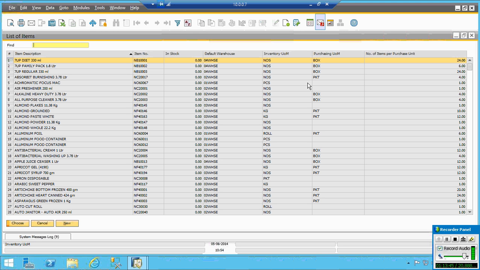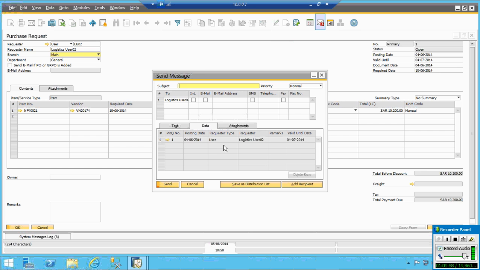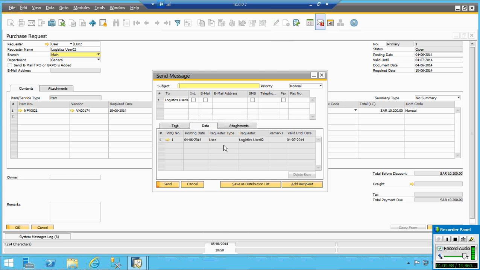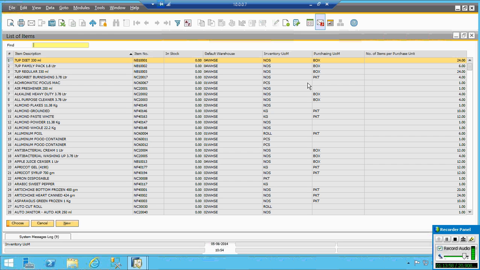So now if I want something from the store, I can see our store. If you want something from the store, you are not going for the purchase ticket. How can I know this store has it? See, whenever you open the item, first you can see the store. If any store is there, it will display. If none is there, that means there is no stock, so you can go for the purchase ticket.